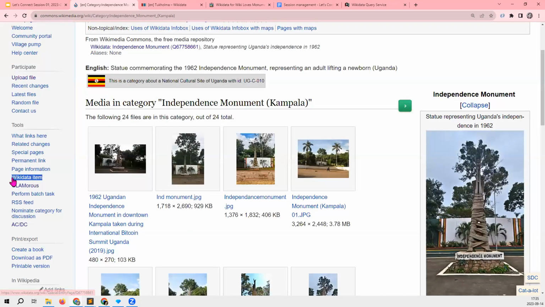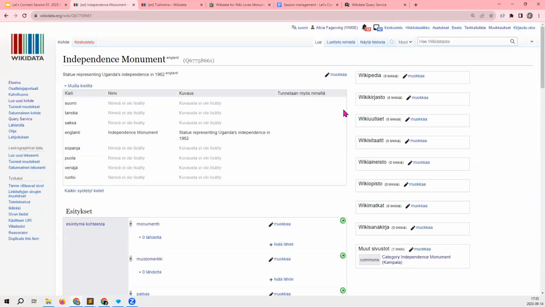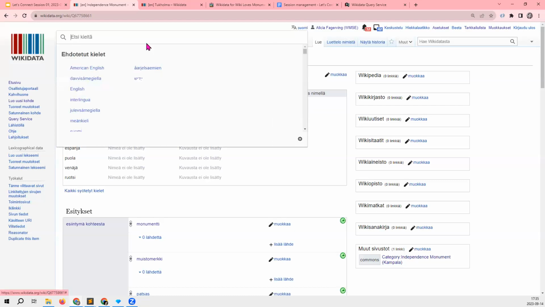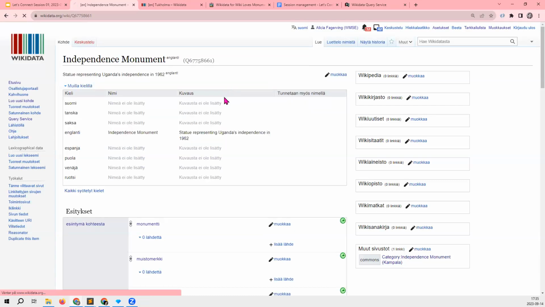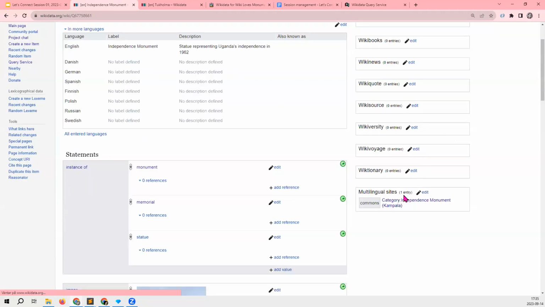And we can see that it also has a link to its Wikidata item. And we can see a separate section for links to multilingual sites, that is, in this case, Wikimedia Commons.